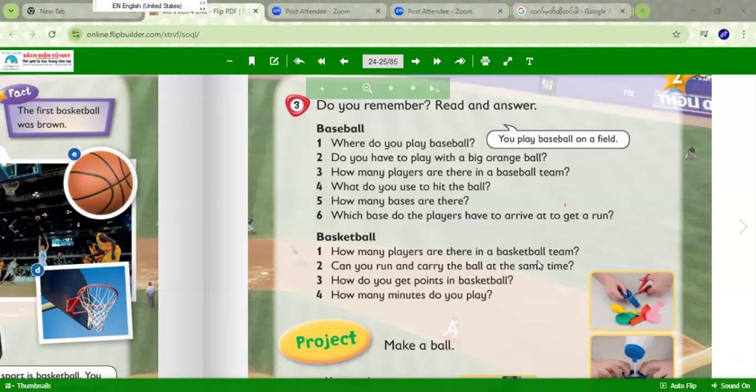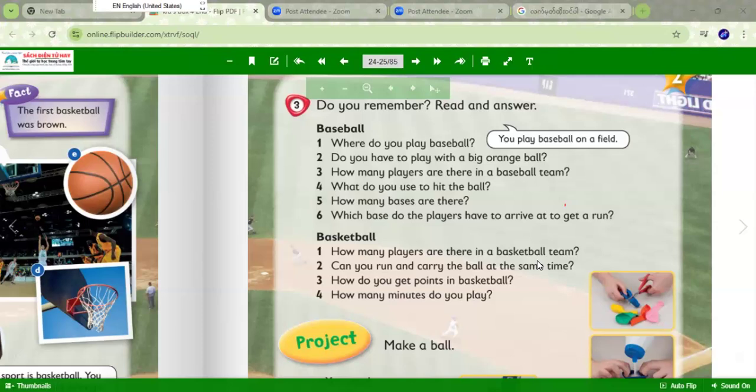So you can directly write down: you throw the ball into a basket to get a point in basketball. Or you can add: you have to... All right, so the main point is you have to